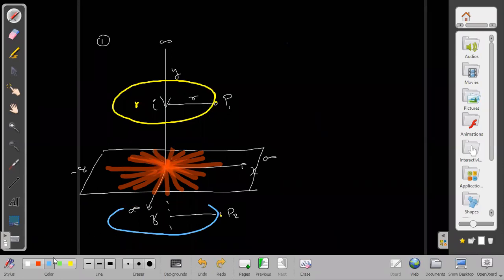So, same way for the blue circle also. But I cannot claim that whatever is at P1, that field will be at P2 also. Why can't I claim here? Because somehow I am noticing one wire is near P1, one wire is going through it in between, but there is nothing going here. This current is just spreading away and it is not even coming down also. So somehow I have a gut feeling that at P2 and P1 definitely it cannot be the same. It has to be something different. If it turns out to be the same after calculating, that is a different issue. But I'm sure about one more thing again. Whatever is at P2, the same will be at all other points on this blue circle. Is it right or not?